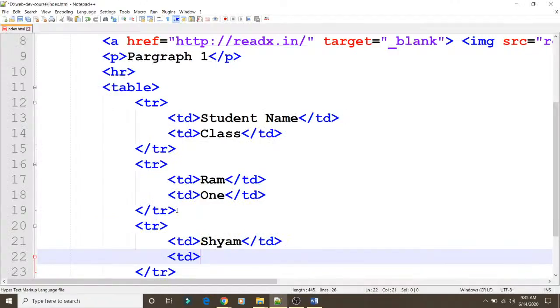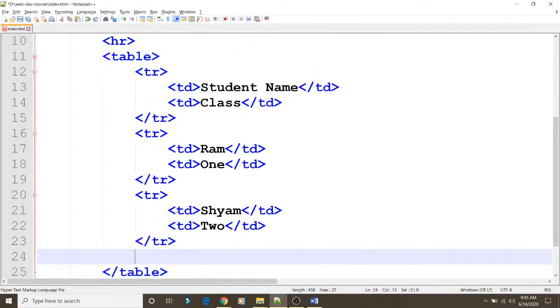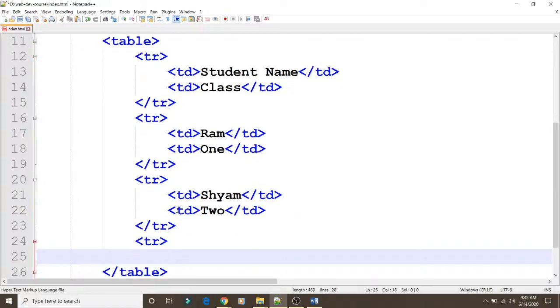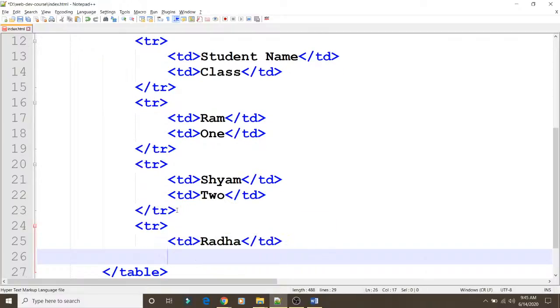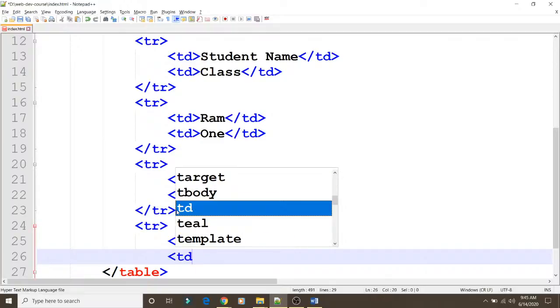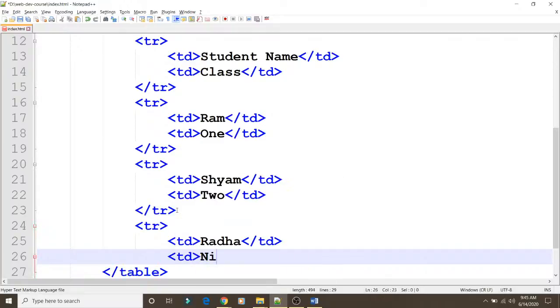Yeah, 2. So we'll mention 2 and close td. Similarly we have another row, and the value for that is Radha, right? And the class value will be 9. Fine.